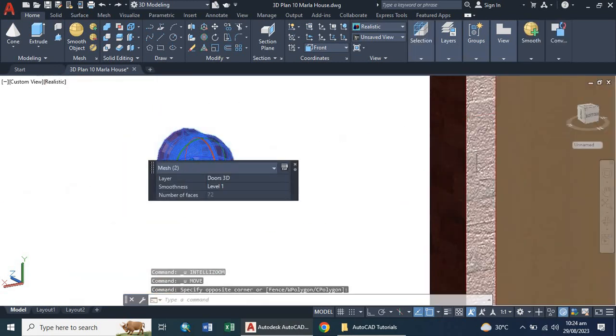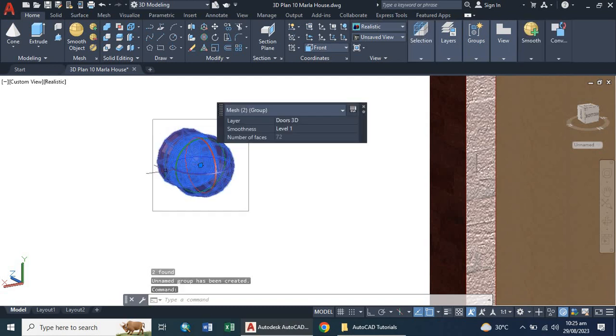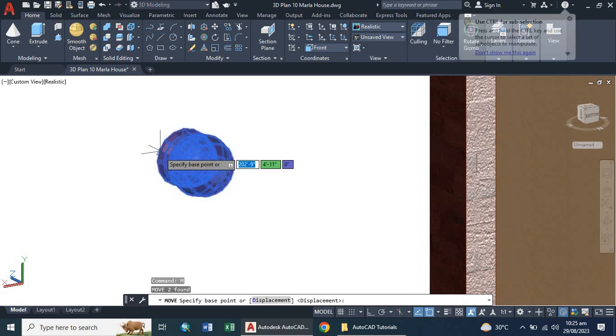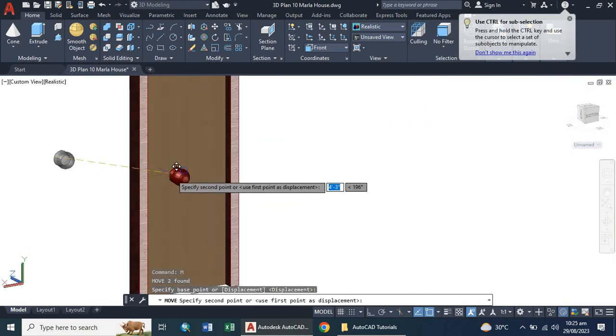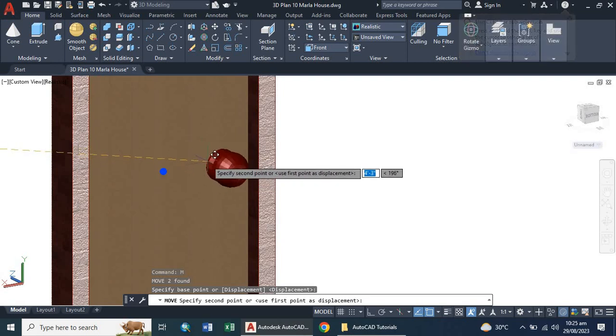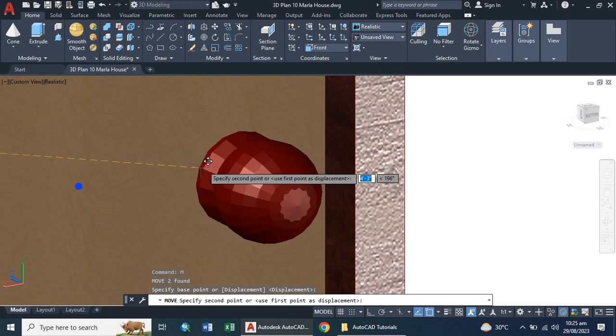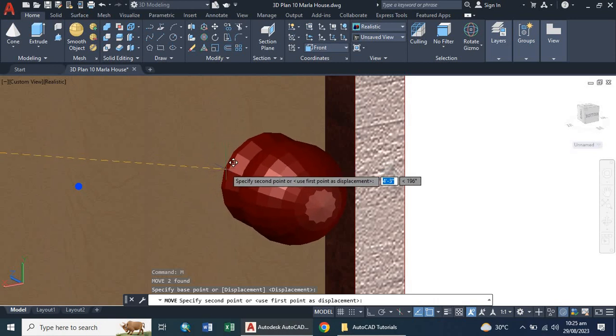I'm going to group it as a single object. We have to press the group command. Now if you click on this, you can see that this is actually a single object. Now if I go to the move command here, press on this point, and you can place it wherever you want. For example, I am going to move it at this point,